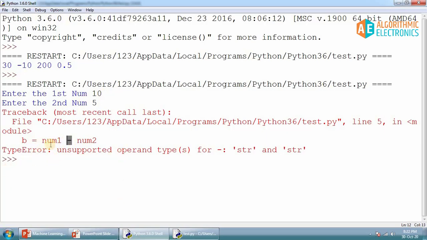So this is an error in actually performing these operations. Basically the input function takes data as a string, it will always assume whatever data you enter from the keyboard is a string, and we'll try to perform operations considering that variable as a string. But this is not possible on string data, so that's why there is a problem. So we can rectify this issue